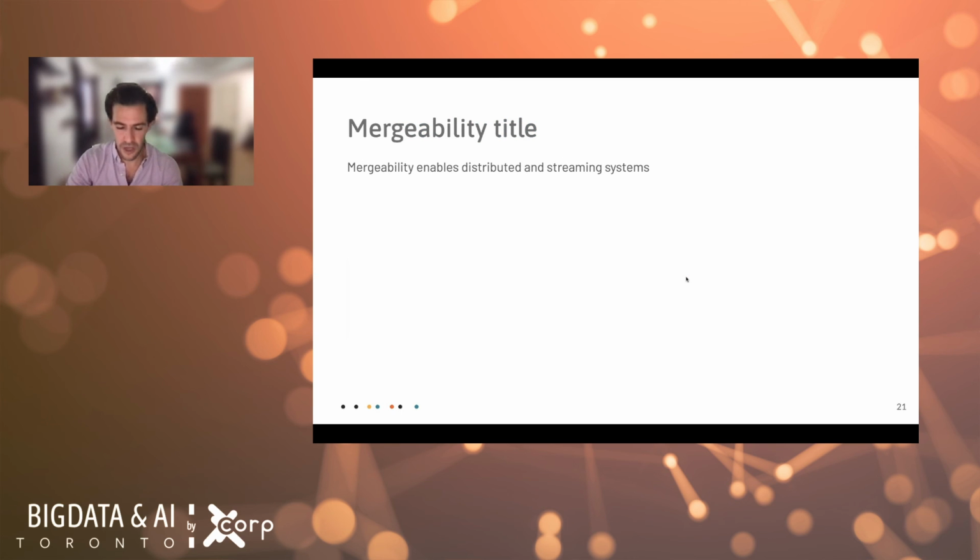So from here, let's talk about why mergeability is an important feature. Mergeability is important because it enables distributed and streaming systems. What I mean by this is that a lot of the time in the machine learning world, we're not deploying a model just once in one place, right? Think about if we're Netflix and we're serving the Netflix recommendation algorithm, there is not a lone computer running the Netflix recommendation algorithm. It's distributed across an entire cluster, which auto scales in response to load.